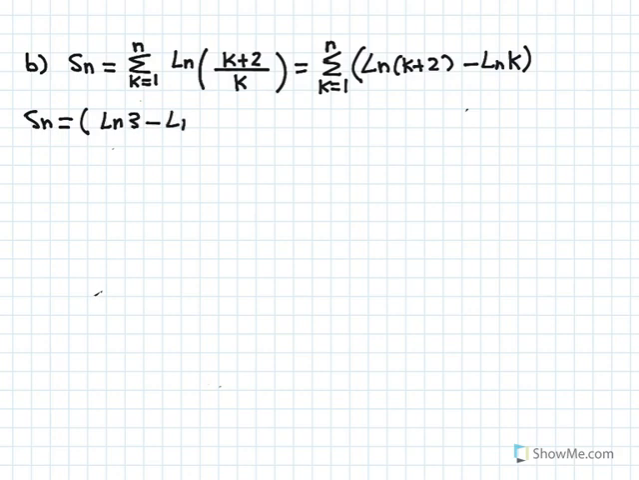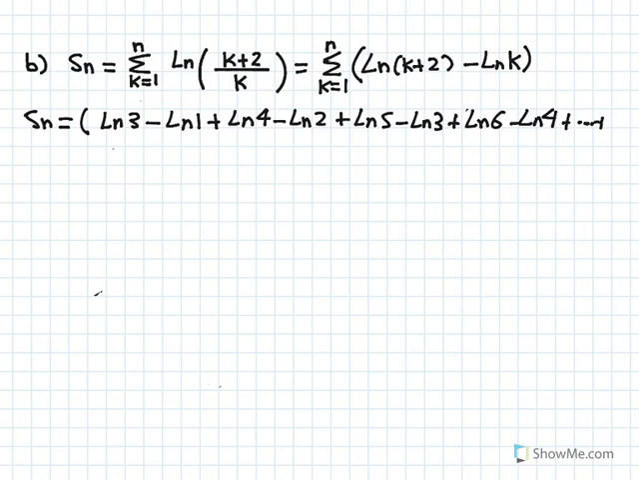minus log of 1, plus, plug in k equals 2, we get log of 4 minus log of 2, plus k equals 3, that's log of 5 minus log of 3, and plug in k equals 4, we get log of 6 minus log of 4, and so on. So now let's plug in n minus 3 for k, so k equals n minus 3, and